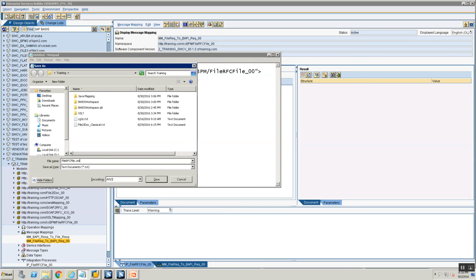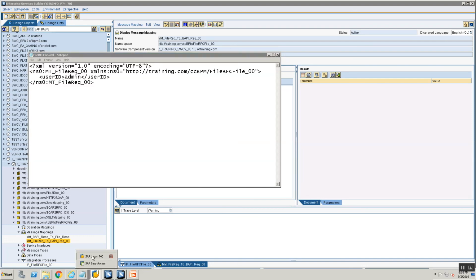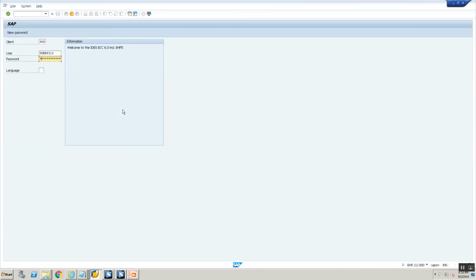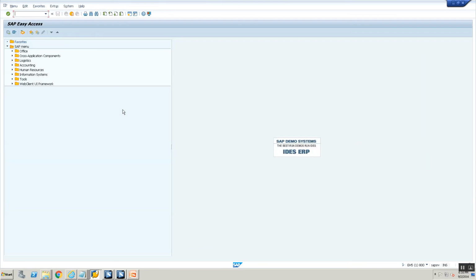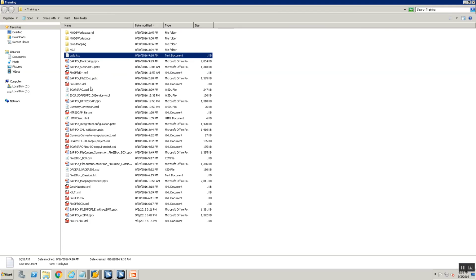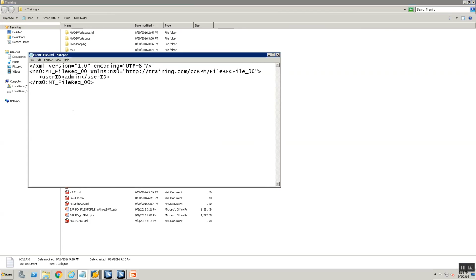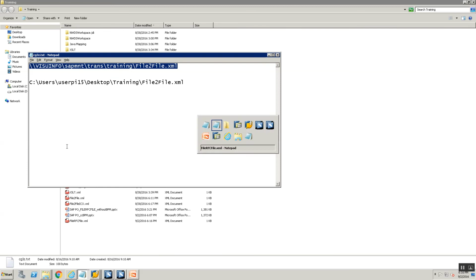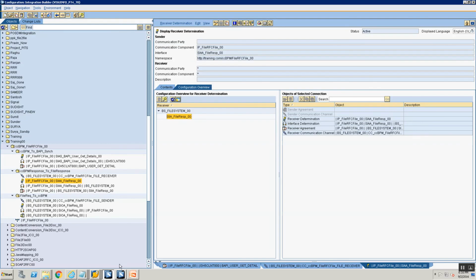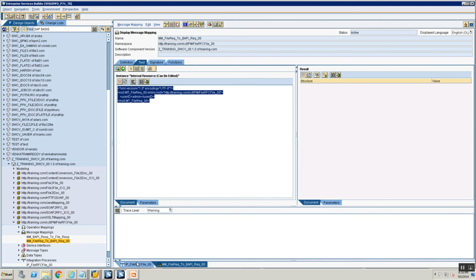RFC file.xml. Now I'm going to my CG3Z. And here I'm going to upload my file. This is my file. I'm calling it file RFC file.xml, and on the target application server it's going to go into,